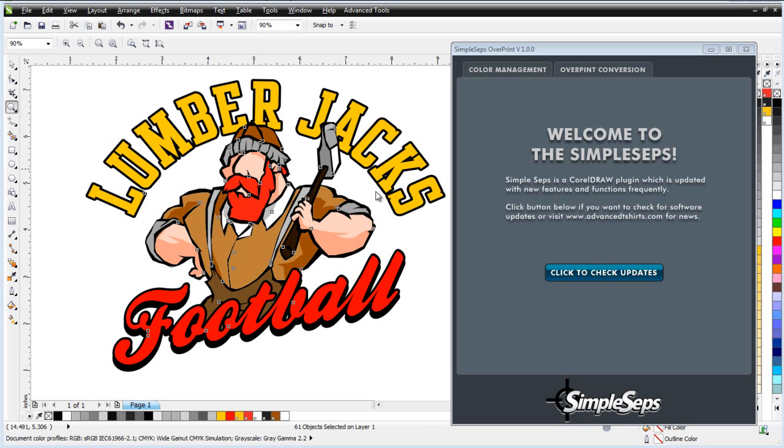Now, what is overprinting? And we'll get to this at the end of the video, but it's simply the process of printing halftone dots on top of or next to each other to create the illusion of different colors or blending of colors. And once we understand how that works and how we can work with the overprinting plugin from AdvancedTshirts.com, we're going to see that we can start to compete more effectively in our local screen printing markets, that we can present better artwork, more colorful artwork to our clients, even though we're working within a very small number